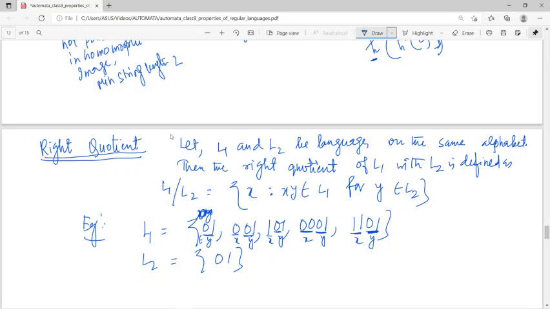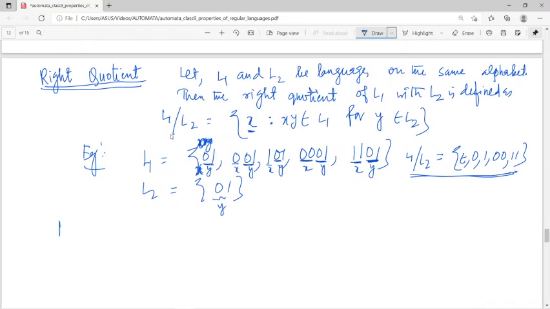তাহলে ভেবে দেখো যে xy কন্টেন্টস L1 ল্যাঙ্গুয়েজে পড়ছে, দেখো xy টা পুরোটাই L1 ল্যাঙ্গুয়েজে পড়ছে, এখানে x টা হচ্ছে এপসাইলন, এখানে x টা এপসাইলন, এবং y টা বিলংস করছে L2 তে, তাহলে এটা তো হচ্ছে y যেটা L2 তে আছে, দেখো প্রত্যেকটা এই যে xy এর কম্বিনেশন, তার মানে শুধু x গুলোকে নেব, সেটাই হচ্ছে আমার দ্যাট ইজ রাইট কোশ্চেন। মানে আমি L1 আর L2 যদি নিই তাহলে কি হবে, দেখো এপসাইলন, বিকজ y যদি 01 হয়, এখানে x কিছু নেই, x মানে এপসাইলন নিতে পারি, সেকেন্ডটাই x হচ্ছে 0, থার্ডটাই x হচ্ছে 1, ফোর্থটাই হচ্ছে x হচ্ছে 00, ফিফথটাই x হচ্ছে 11, তার মানে আমি যদি রাইট কোশ্চেনস করি তাহলে রেজাল্ট পাচ্ছি এটা। আশা করি এটা বোঝাতে পেরেছি।